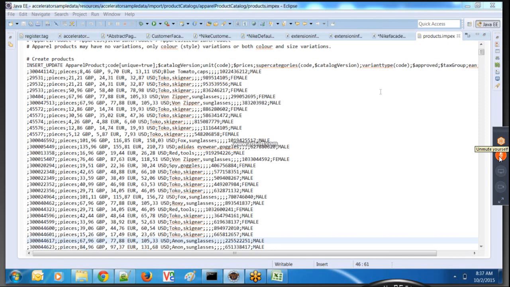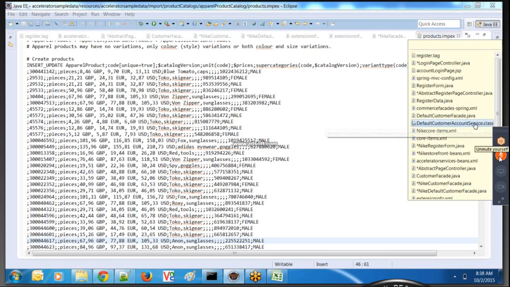If you have jar files, can you read all the dot class files? Can you open dot class files? I just opened a dot class file for you, if you observed. Customer account service dot class. Yeah, I saw that. The point here is